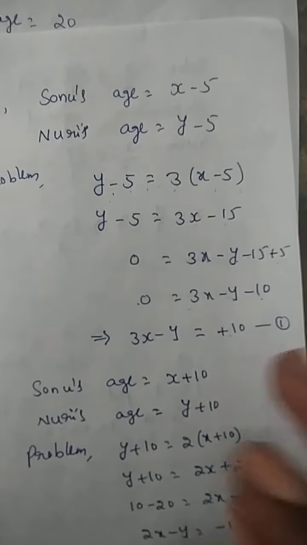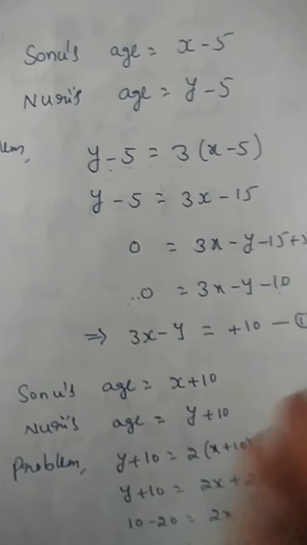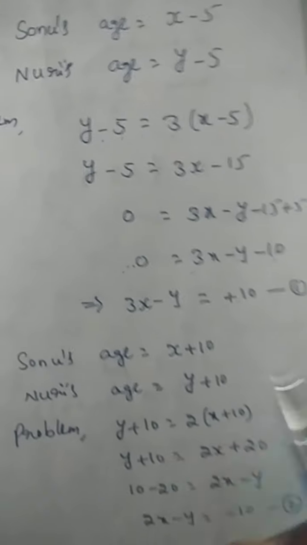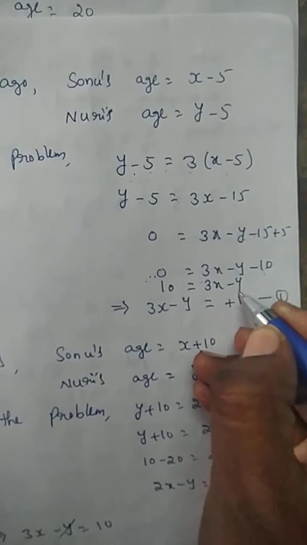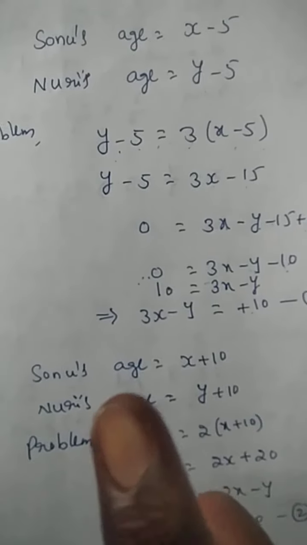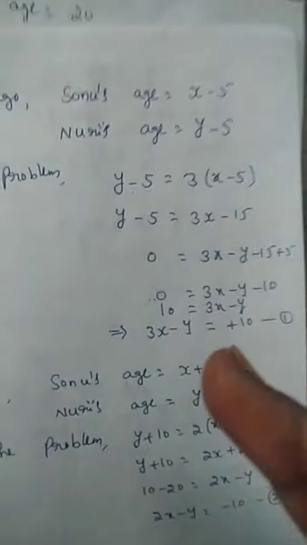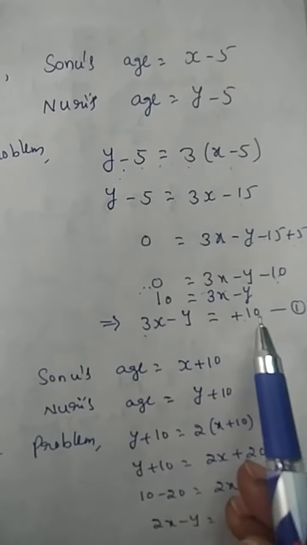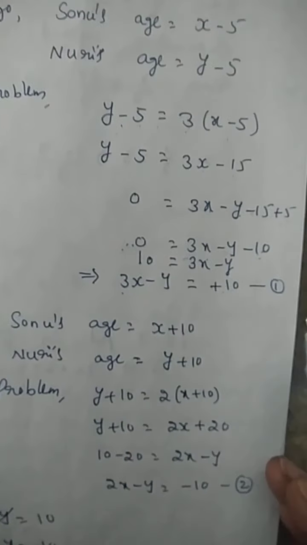But as for the total equation, LHS and RHS, whatever it is, no problem. Here minus 10 is changed to plus 10. Now LHS and RHS are interchanging their positions, with no need to change their signs. Clear? So plus 10 is equal to 3x minus y. In the next step, I interchange both terms. The total term 3x minus y is transposed to this side and 10 to this side, without changing the signs of the terms. Now it is the first equation.